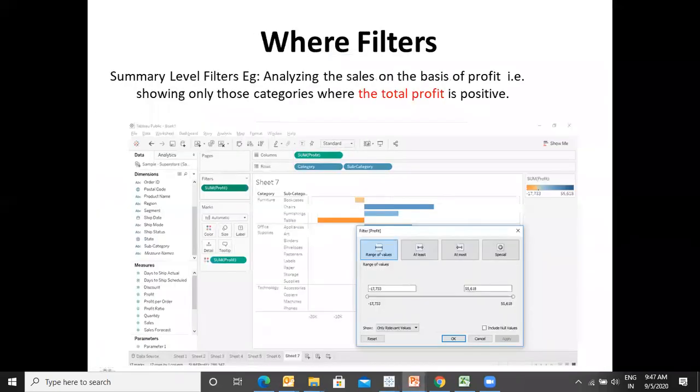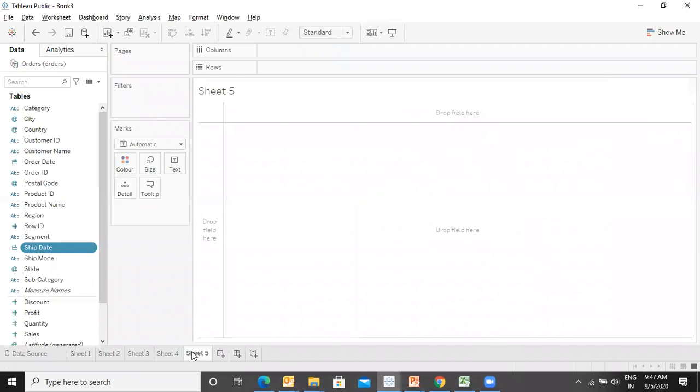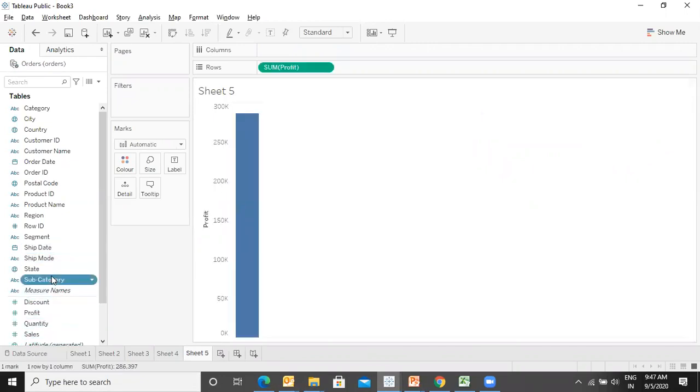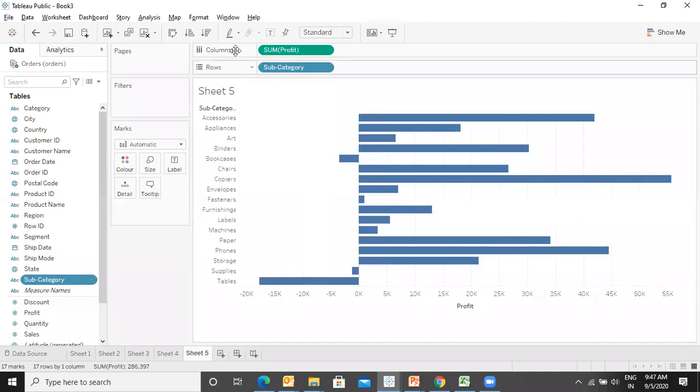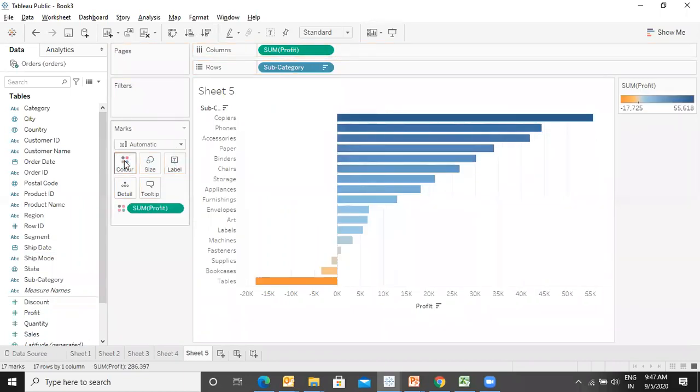Then where filters. Now here somebody was asking about putting the sales into the filter. So this is known as where filters. So let me take the profit on the basis of subcategory. Let's sort it. Let's also put the profit in the color, and let me put the label as well.